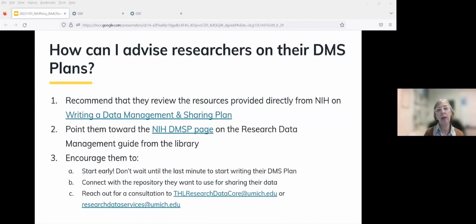So how can you advise researchers on their DMS plans? Well, first, there's some really helpful links, we hope, on this slide. And again, the slides will be shared with you. There is a link on writing a data management and sharing plan on the NIH page. And there are those samples that Sarah alluded to. You can point them to the DMS page on the research data management guide from the library here at U